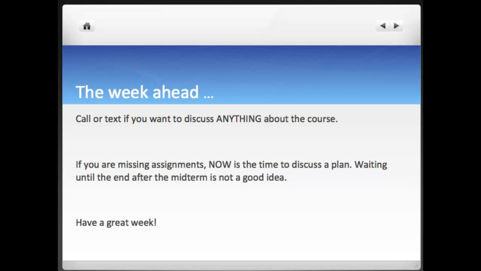If you are missing assignments, and there are a number of people who are missing assignments, look, it's not too late to get back on the horse, right? But if you wait till after the midterm, it gets progressively harder to do anything about that. If you are missing an assignment, now's the time to discuss a plan for that. The plan may be, let's let it go, right? There are some people who are missing assignments, and I have had discussions with them and said, let's let the assignment go for now. And if at the end of the semester, doing that assignment, you're going to take a hit for it being late anyway, and that hit's not going to change. If doing that assignment, calculating in the hit you'll take for being late, makes a difference between an A and a B, or a B and a C, or a C and a D, then by all means, we'll do it then.